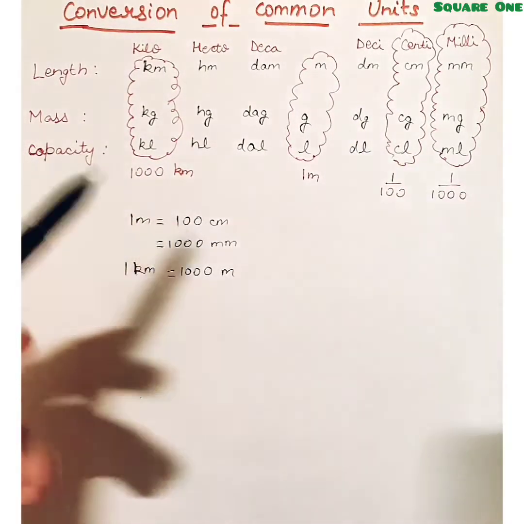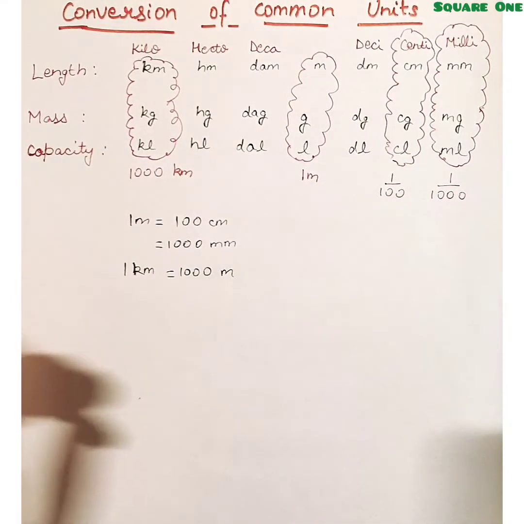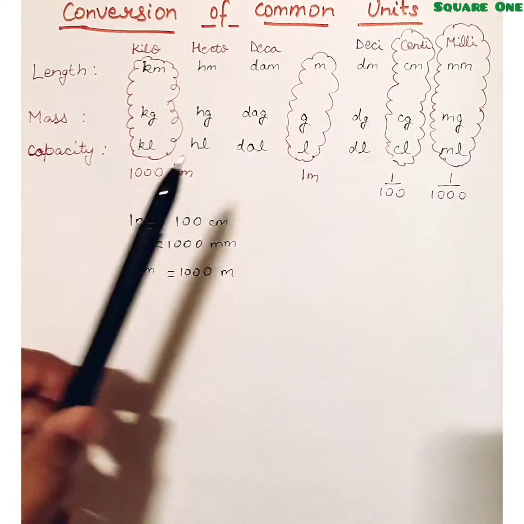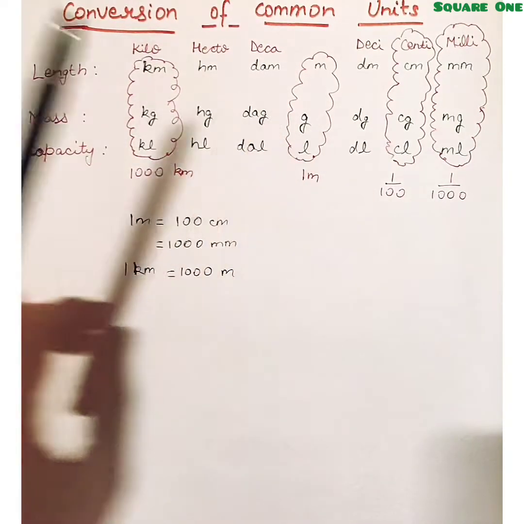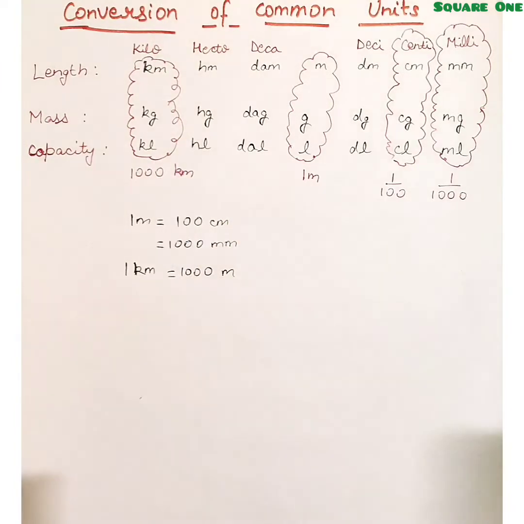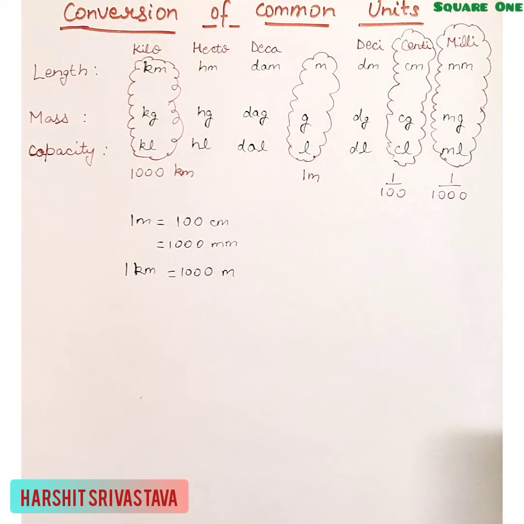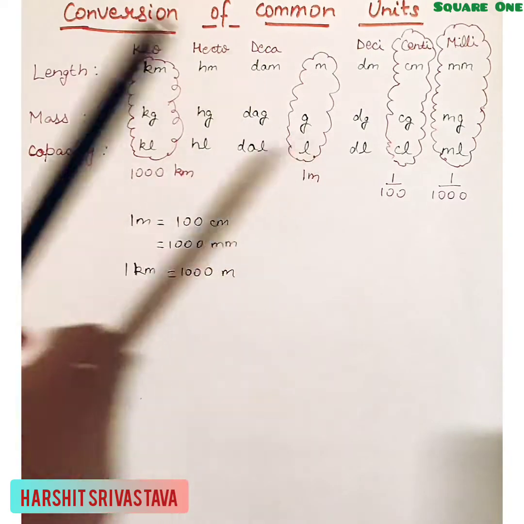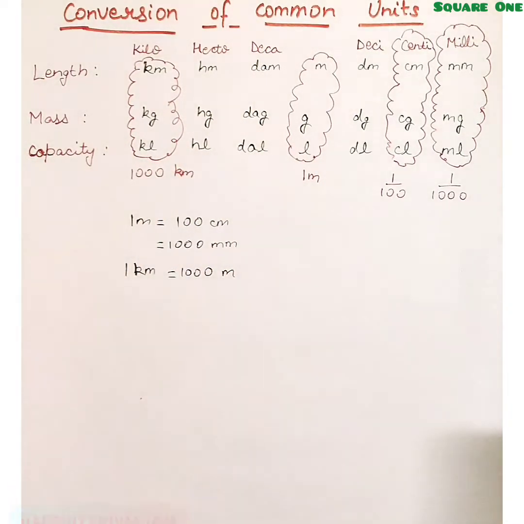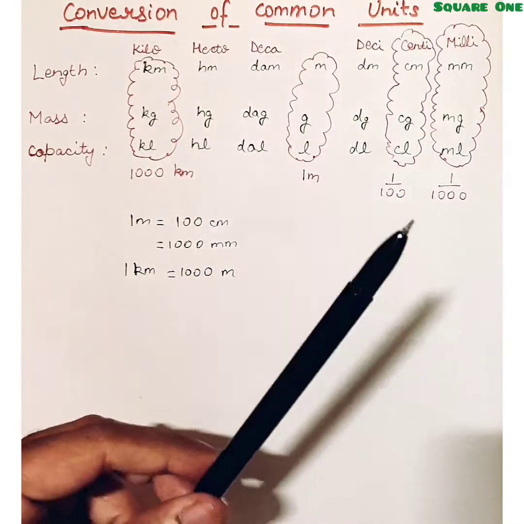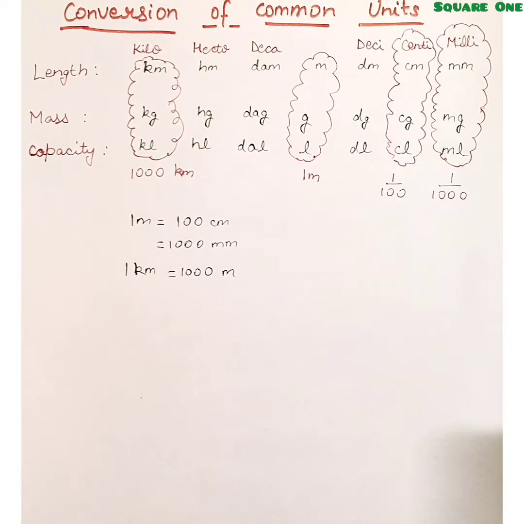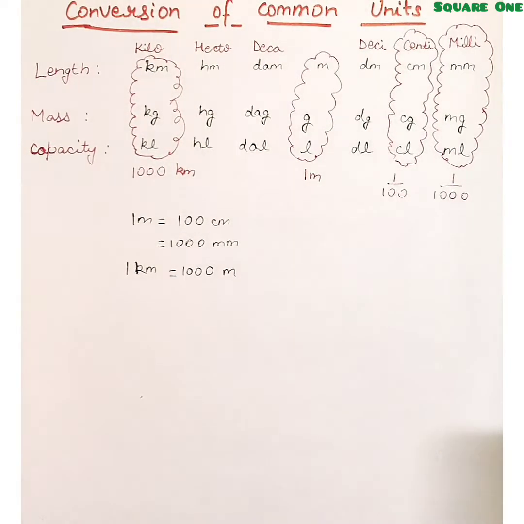If I have to measure small quantities of vegetables, maybe chilies, then we buy chilies in grams, because we have to buy a very small quantity. And the medicine tablets that we have in our house are in milligrams. If you want to measure the amount of water in a bucket, then you measure it in liters, because kiloliter is too big for that and milliliter is very small. The cough syrups that we have in our room are in milliliters. These are some of the places where we use these units.